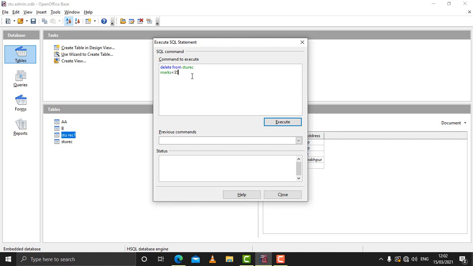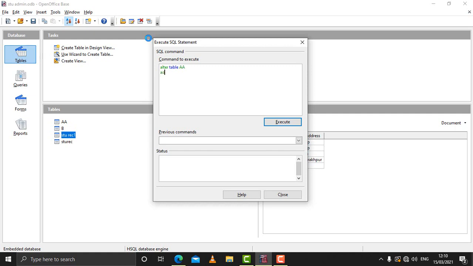The next command is alter command. If you need to make modification in a table, that means if you want to add some columns to the table, we can use alter command. For using alter command, the simple process is, you write alter table, and then the name of the table. Say for example it is AA, alter table AA, and then you will write what you want to add.